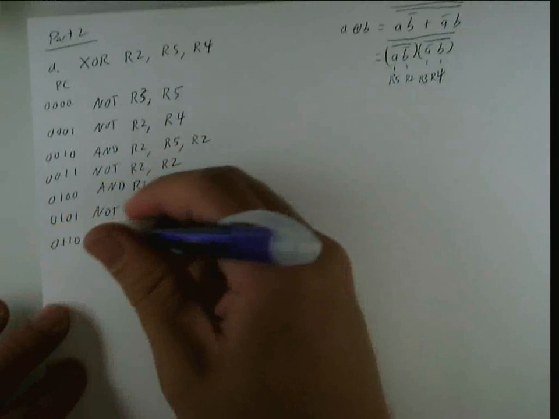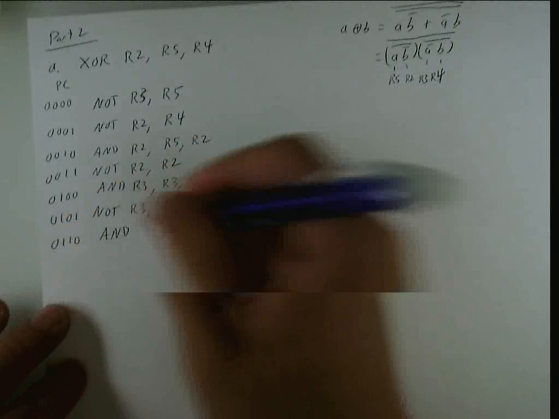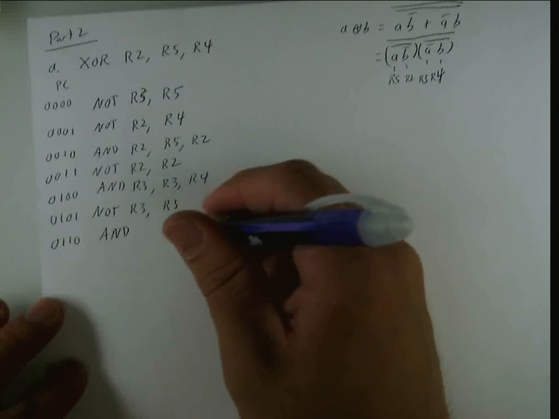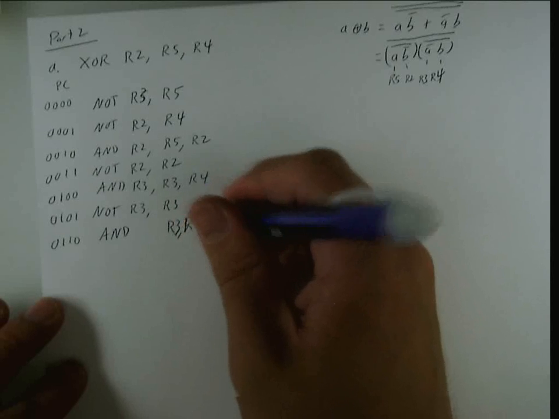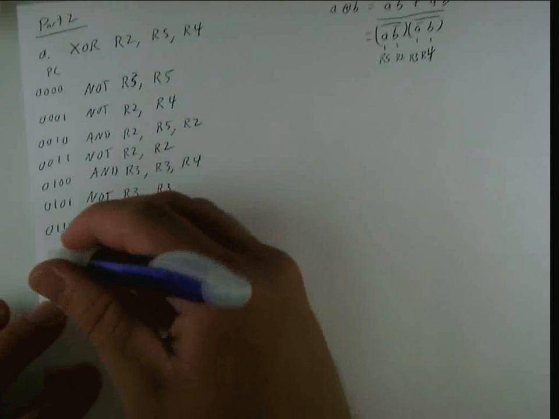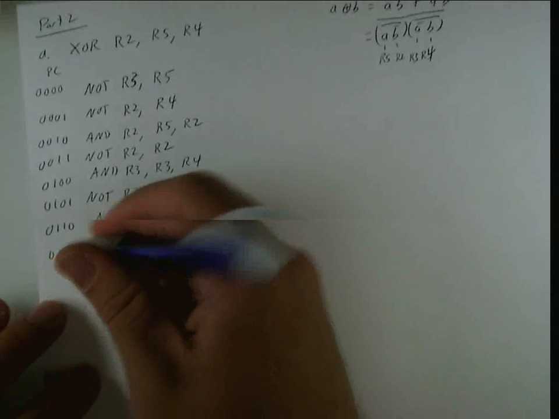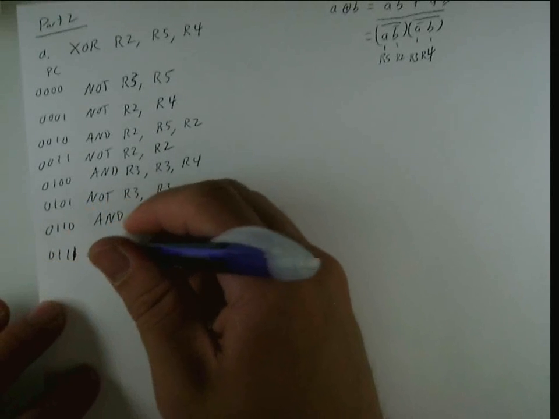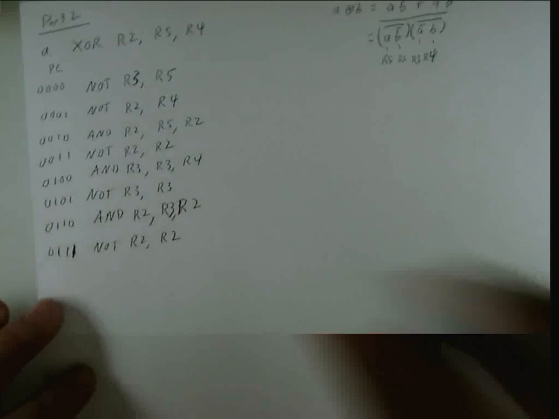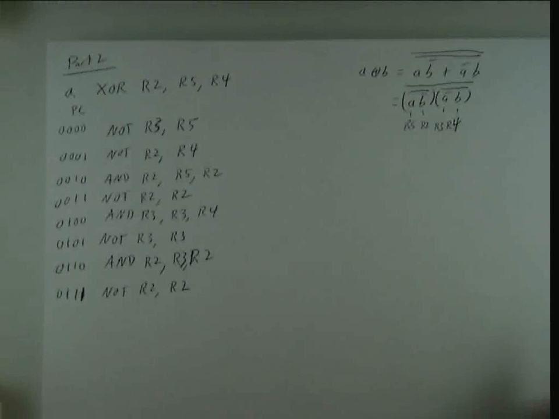So for instruction 6, we're going to AND R3 with R2. We're going to want to store that into R2. And then for instruction 7, we're going to NOT R2 and put it back into R2. And that will complete